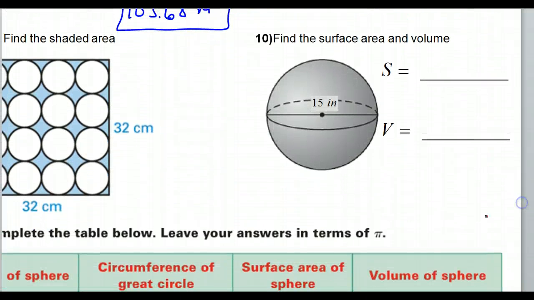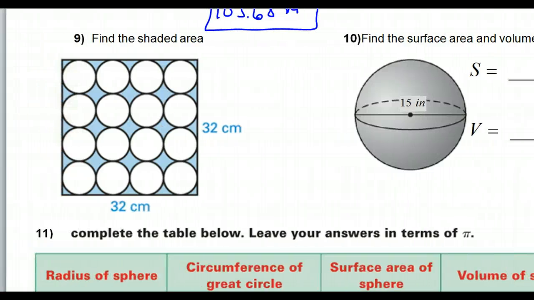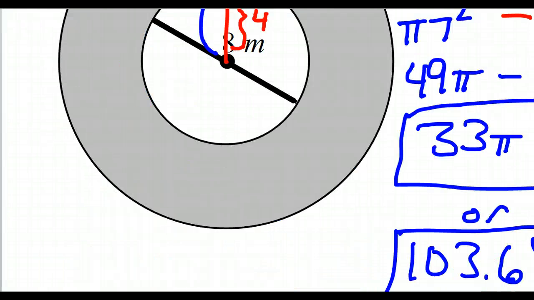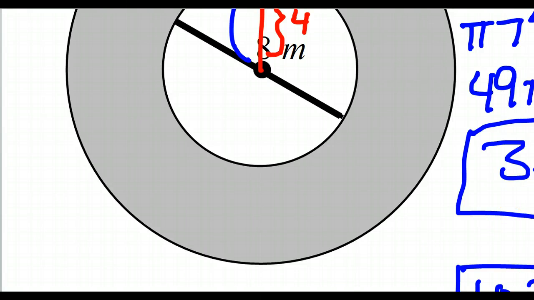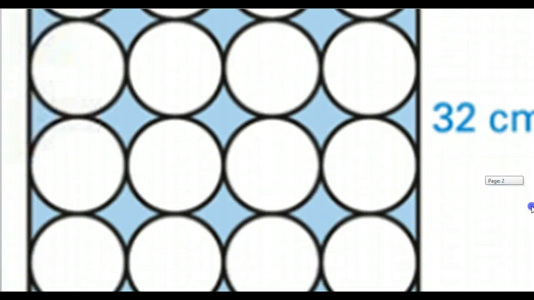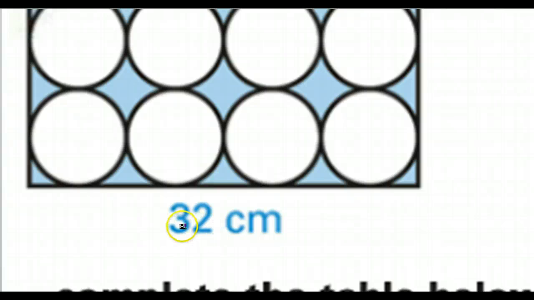Okay, let's investigate number 9. Find the shaded area, the area between the cracks of all this. Let me zoom in a little bit more so we can really get a good look at what's going on over here. Okay, we're given that this side of the square is 32. So that's good to know. If this is 32,